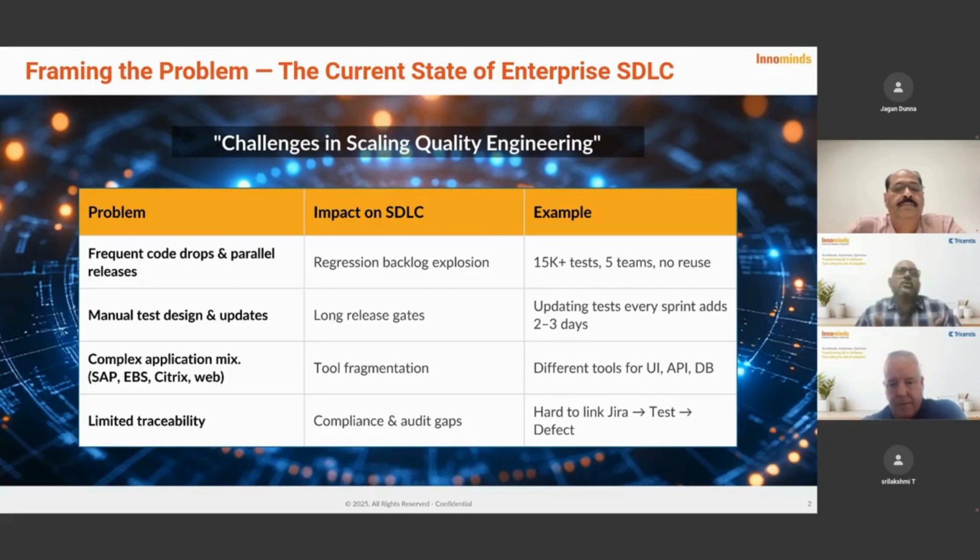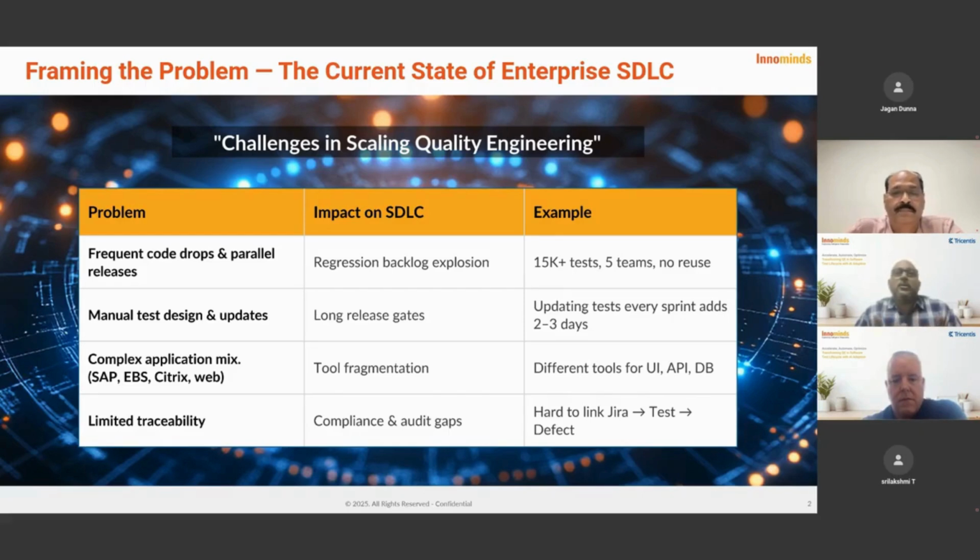The common problems would be categorized into frequent builds or parallel builds, which developers would frequently throw at the QA teams for testing. Then the second problem would stem from your manual test case design and updating them because of the frequent and parallel releases that happen frequently.